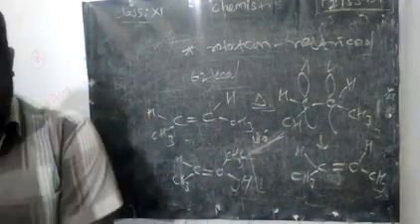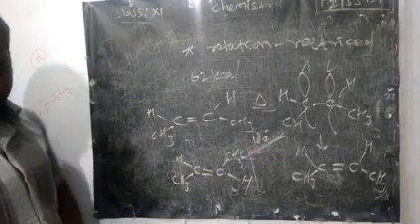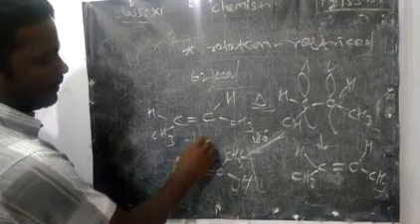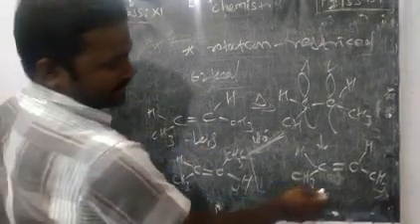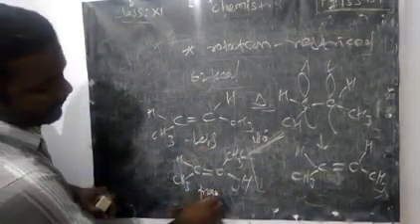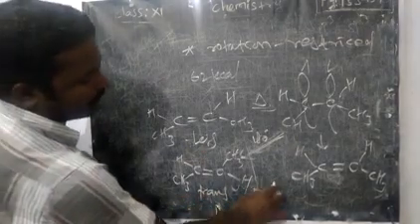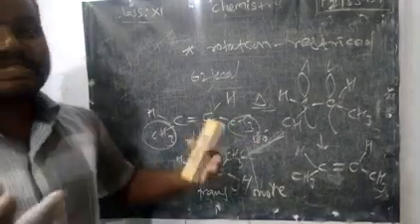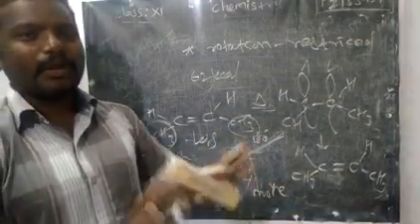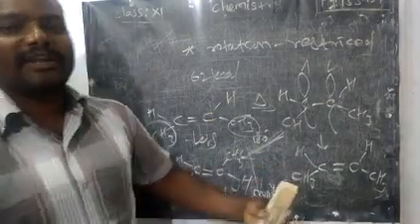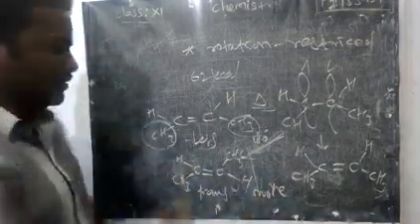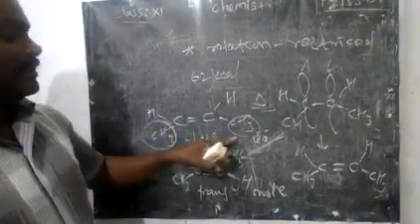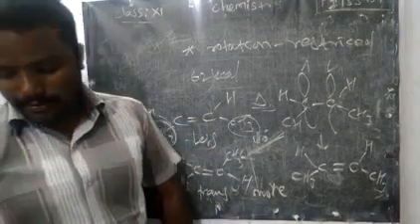Now you can ask which one is more stable and which one is less stable. See here, very important. Cis form is always less stable. Trans form is always more stable. Why? Because the bulkier groups are present on the same side, so there is steric hindrance. In a bench, only 4 can sit; if you sit 5, definitely there will be a problem. So bulkier groups on the same side means less stable. Trans is more stable.